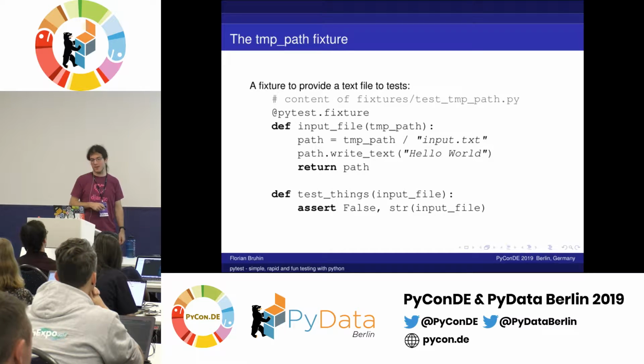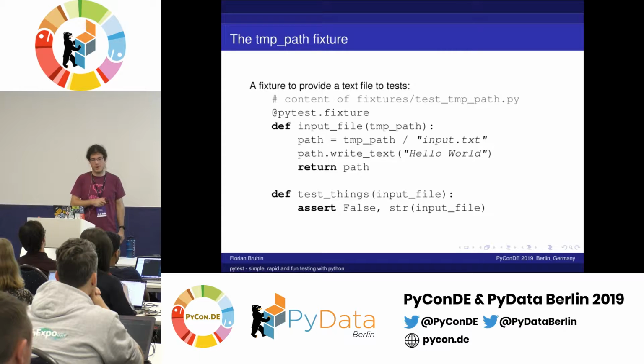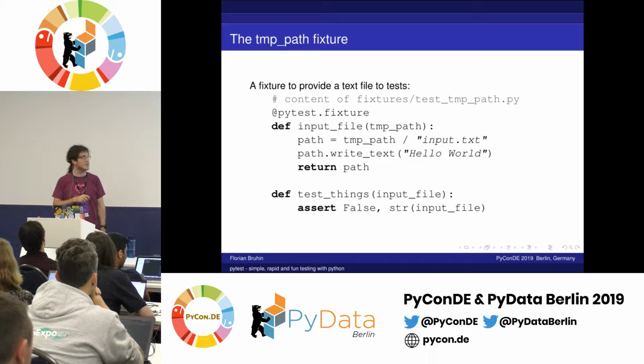And for a long time, PyTest had something similar with the fixture called tempdir, but with its own kind of path objects, because pathlib was only added in Python 3.4, I believe. Nowadays there is another fixture, temp path, which just uses pathlib and the pathlib API. So for consistency, I'd recommend always using that. But if you see tempdir in a test suite, it's kind of the same thing. So what it does, it gives you a temporary directory where you can, for example, create files, write stuff to them, and then use them in your test.